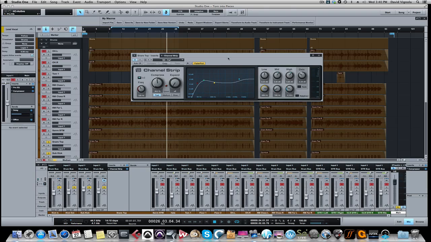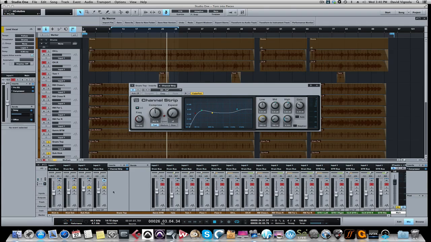Let's plug in, here we go. So we use a channel strip. I wanted to do something a little different for the snare. So the Presonus channel strip pretty much has a compressor on this side and then an EQ here in the middle. So basically what I did to the snare is I rolled off the low ends, the real low ends,